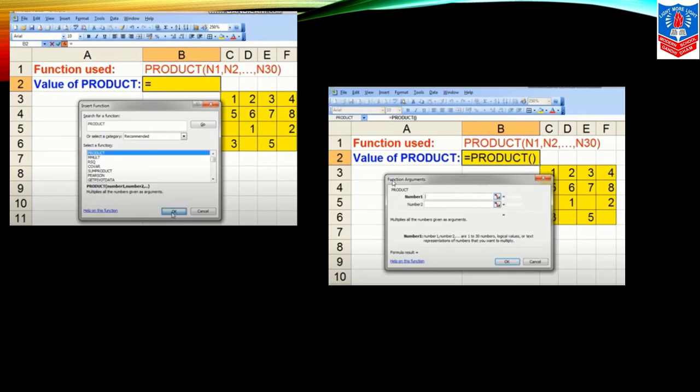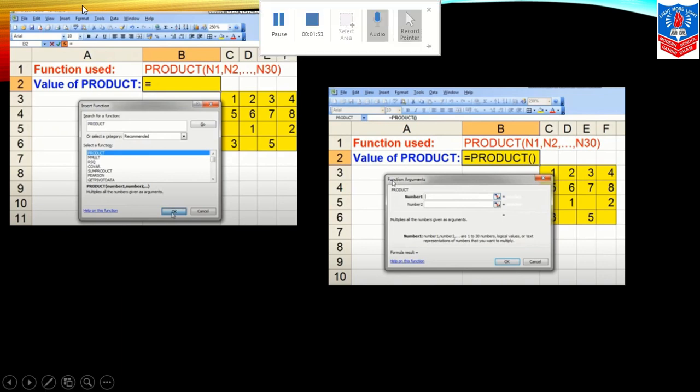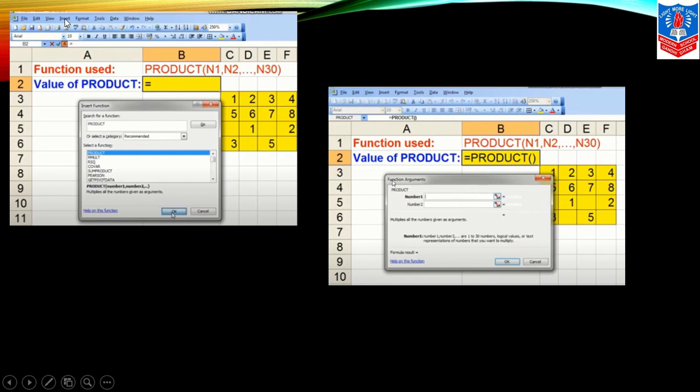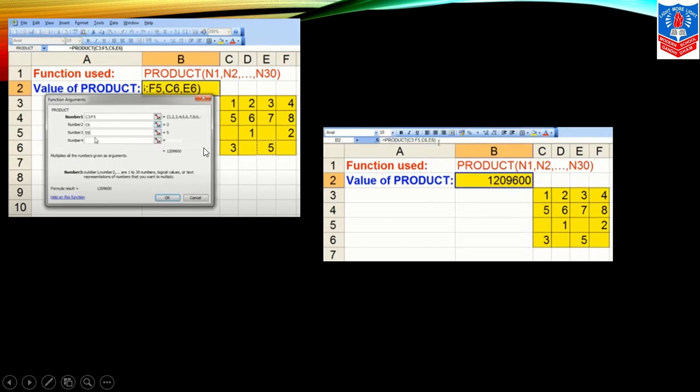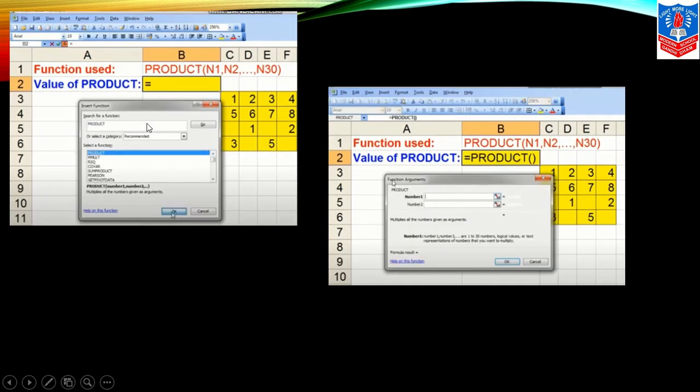Now, here you can see we have just selected the insert function option by going to the insert menu. From there you can select the function option and the insert function dialog box will open. There you select the category of the function, and the name of the function you can write in the white box and search for it. See here, we are going to have product. So the product name we have put over there.